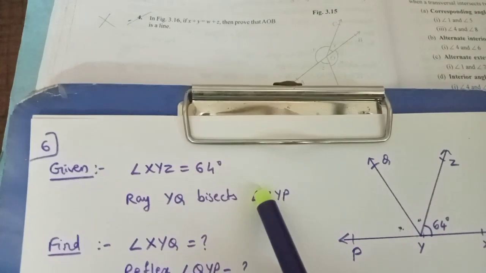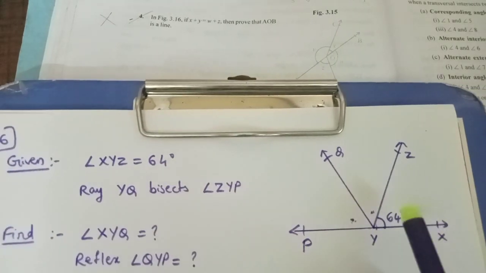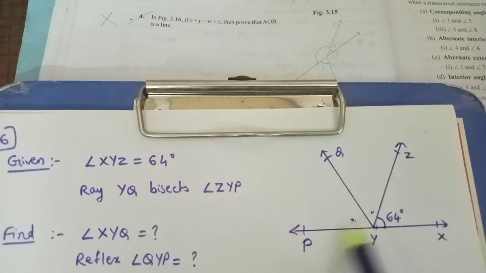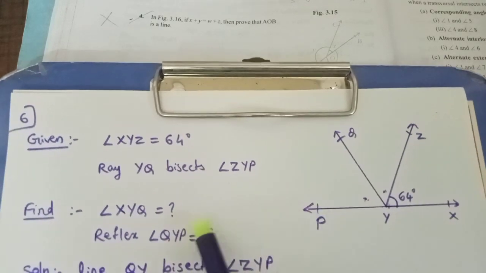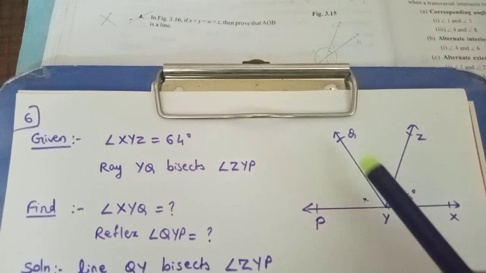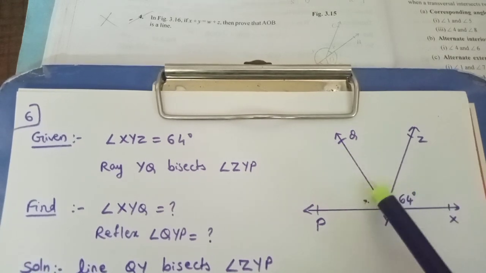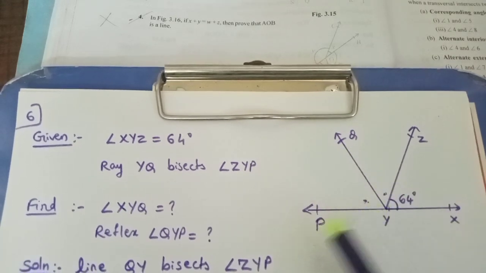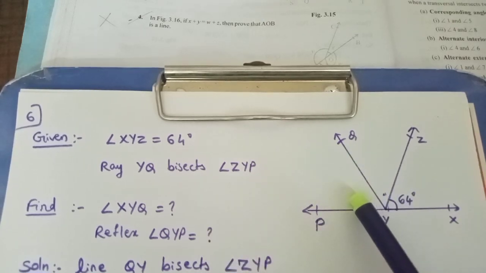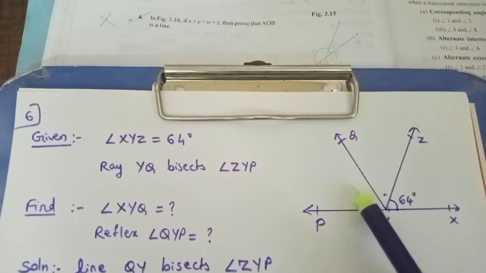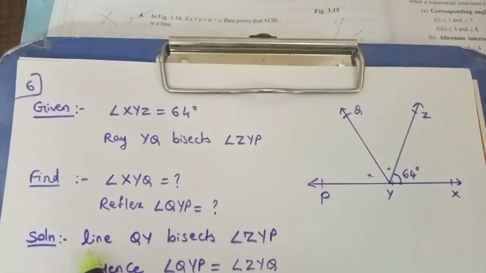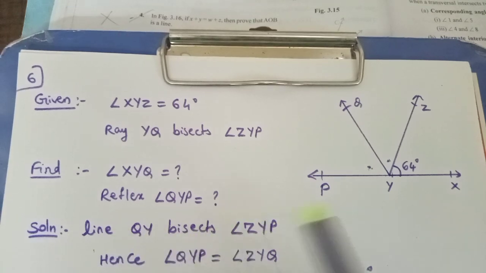So this part is the given. Angle XYZ is 64 degrees and ray YQ bisects angle ZYP. And you have to find angle XYQ. This is XYQ. That means this whole part you have to find. And also you have to find reflex angle QYP. This part. The reflex for this you have to find. So to start with the solution, we'll first write line QY bisects angle